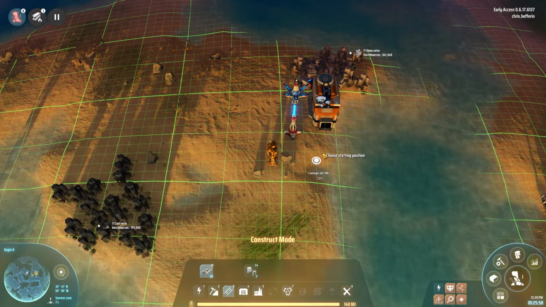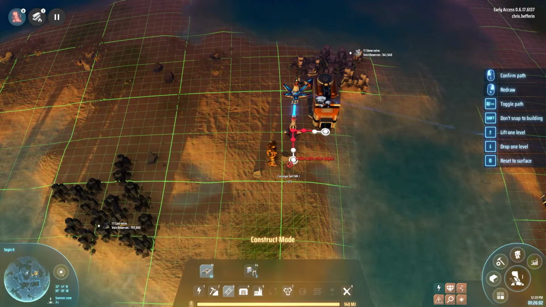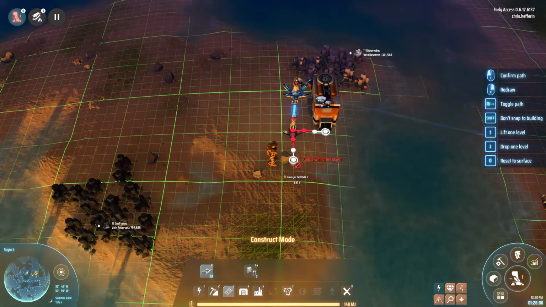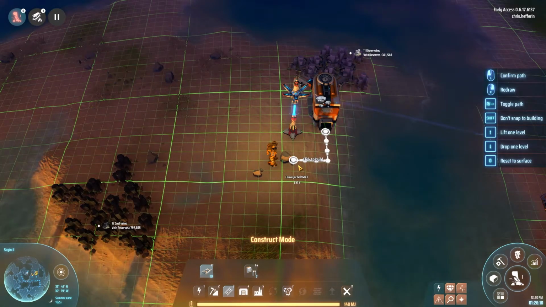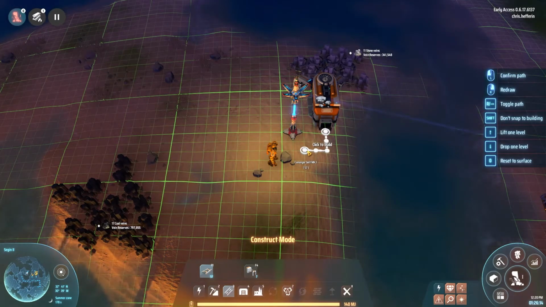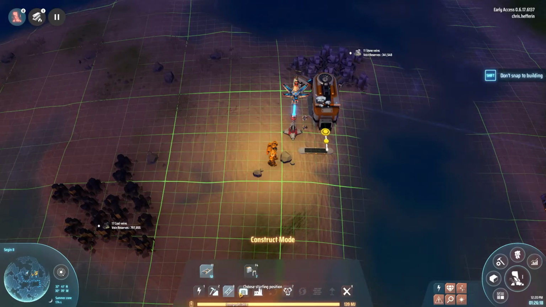So, something else I want to quickly show you. If you build a conveyor belt, as you can see it's going left and then down, and you want it to go down and left, you just press R and it flips it. The reason I'm doing that is because we're close to the water here, and I always want to get a little bit away from the water. So I can then build...